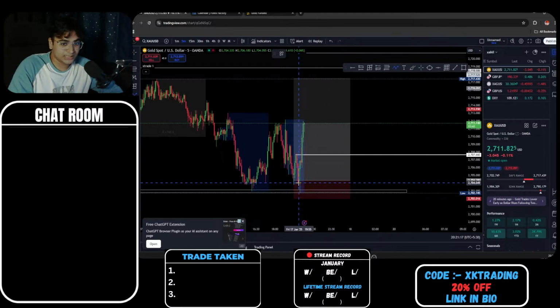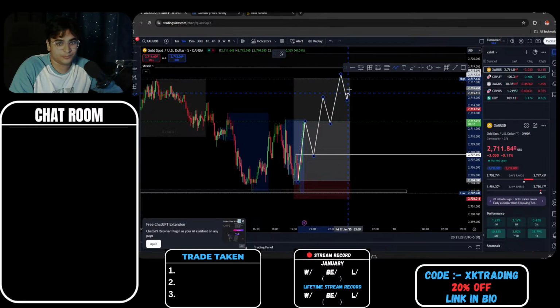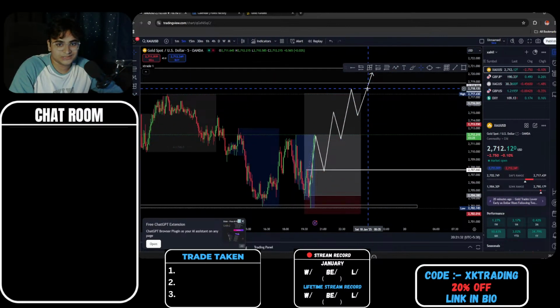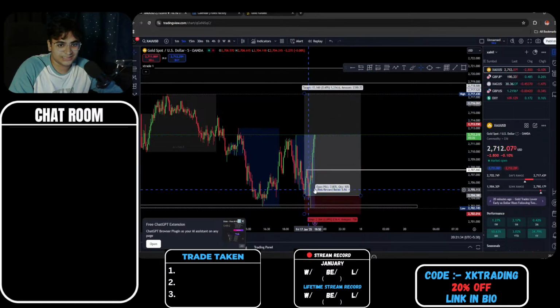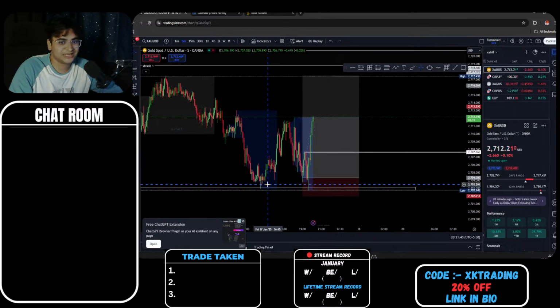But it won't be like this, this was luck, so don't trust these moves. Now, if we went directly to the upside, there's a probability we'll come to the zones, then move up, tap, tap, and then move up further. This is the probability of how price moves. This was just lucky, there was momentum and volume, so I was able to get a proper sniper entry on this one. So always be careful when you trade.